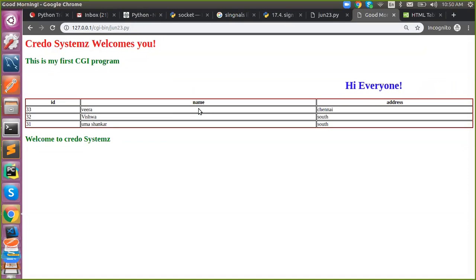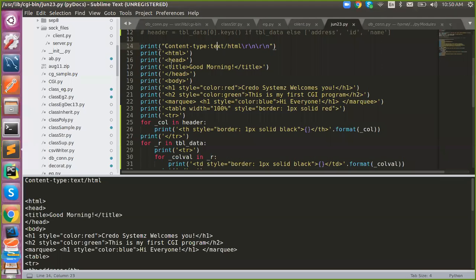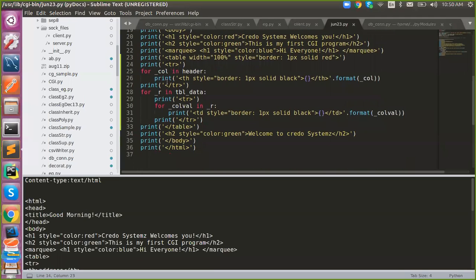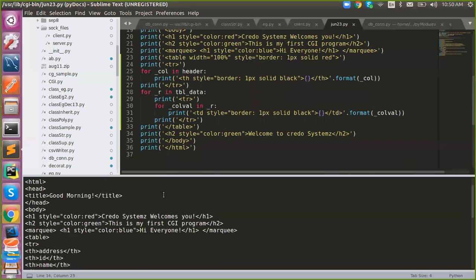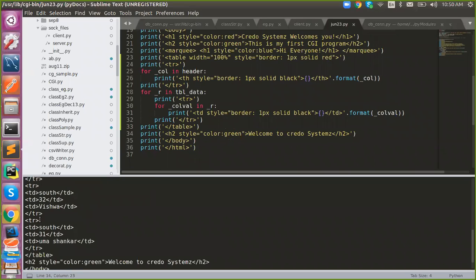So we'll move on to the next thing. What are the codes in print that will be executed in a browser? Yes, the for loop. Inside a print, we have to keep HTML tags, HTML elements. So even in the for loop, I'm generating HTML. I'm printing this, right? I'm preparing HTML tables.